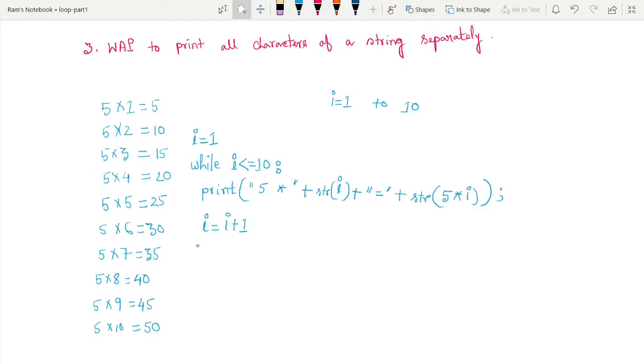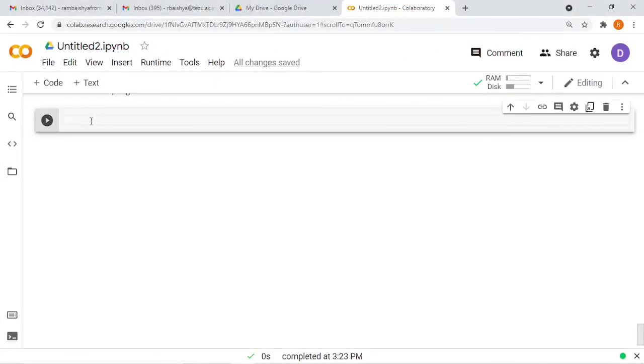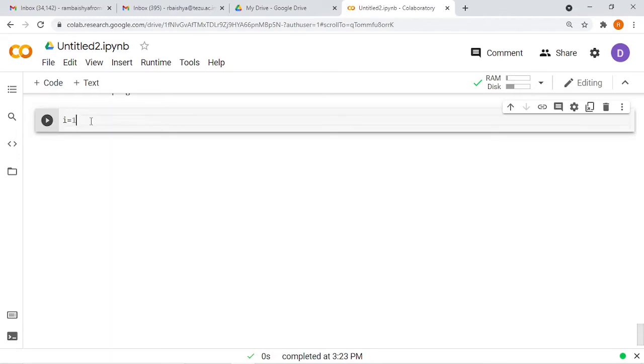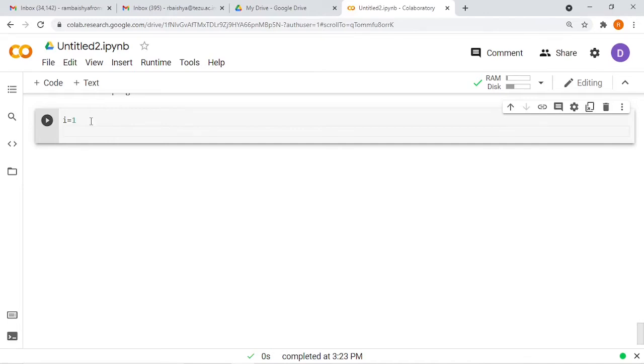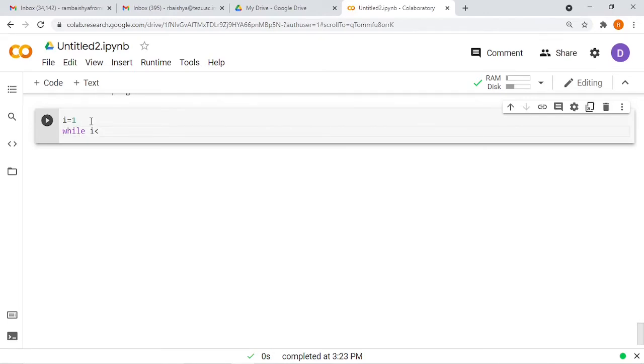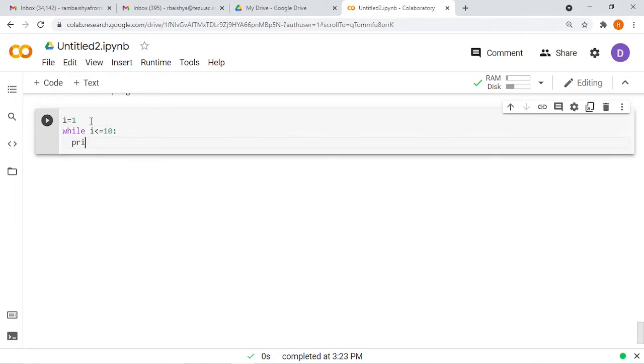Now let's write the program in Google Colab and check our understanding. So for example, we declare a variable, say I is equal to 1. And then, the semicolon is not needed. Okay. And then what we want is, as long as the value of the variable I is less than or equal to 10, we want to print, see here,